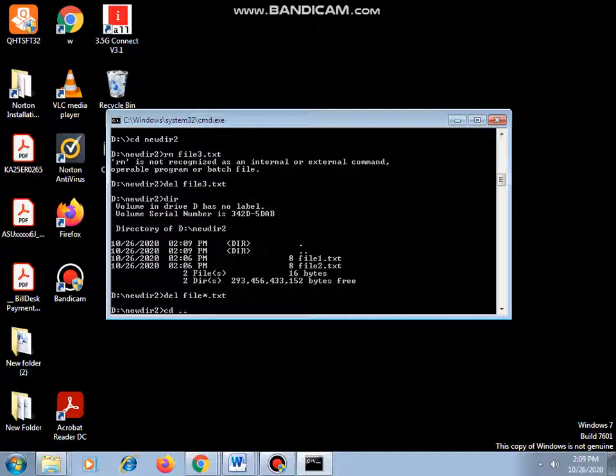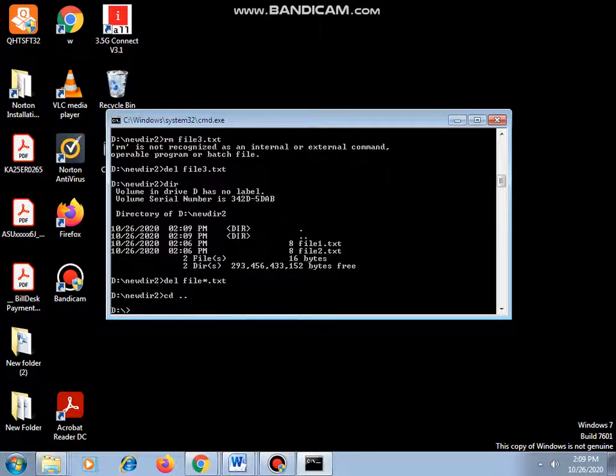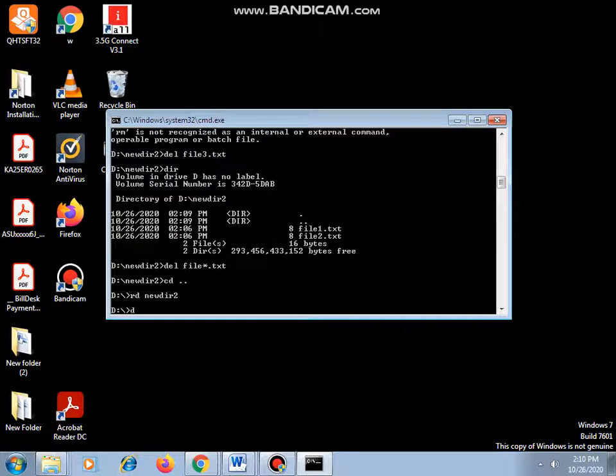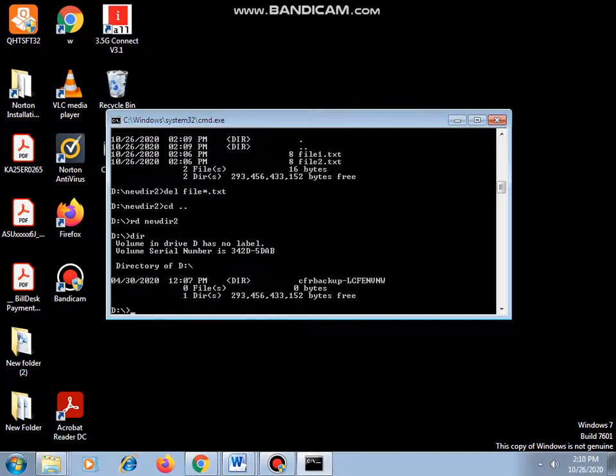Now if I want to delete the entire directory, I can make use of the command rmdir new directory, or use rd. This will delete the directory. You can see this now. There is no directory now.